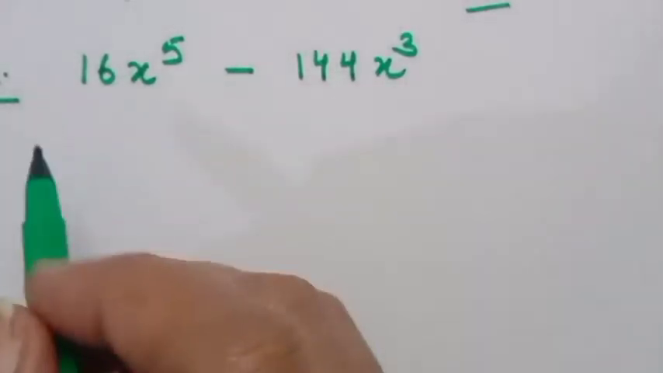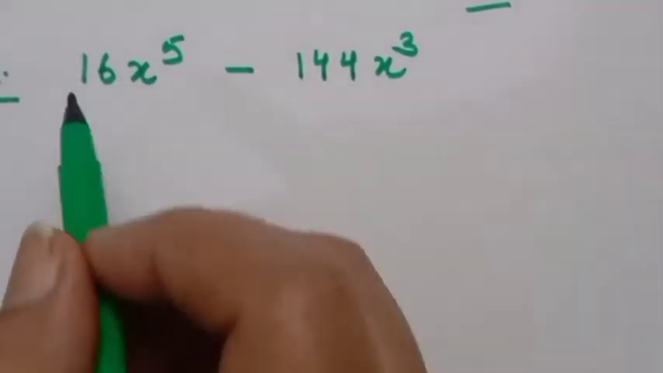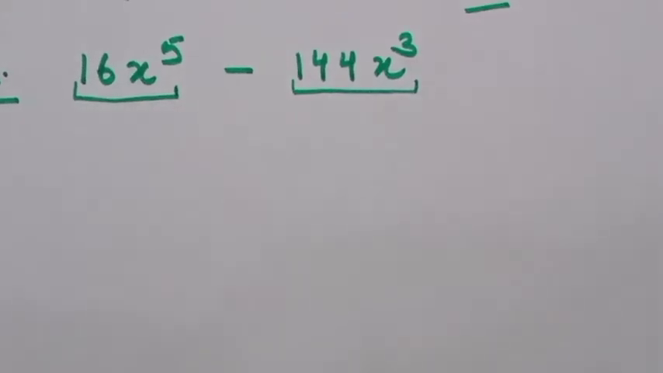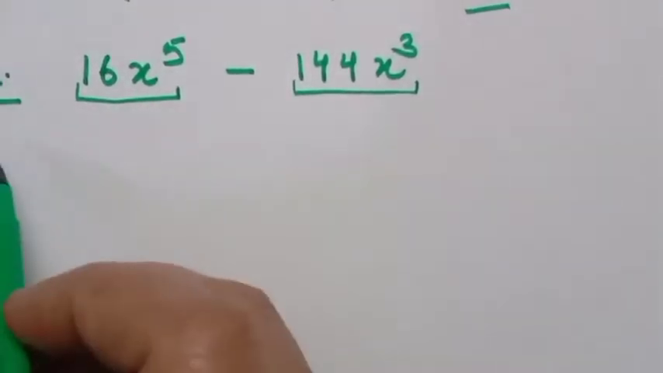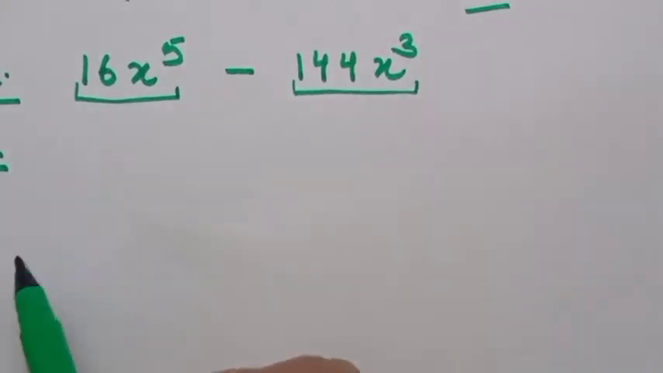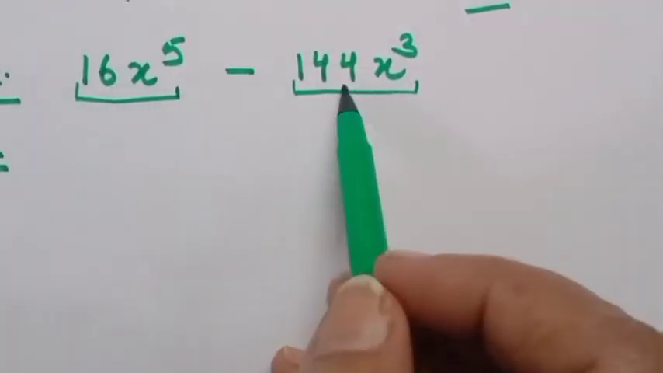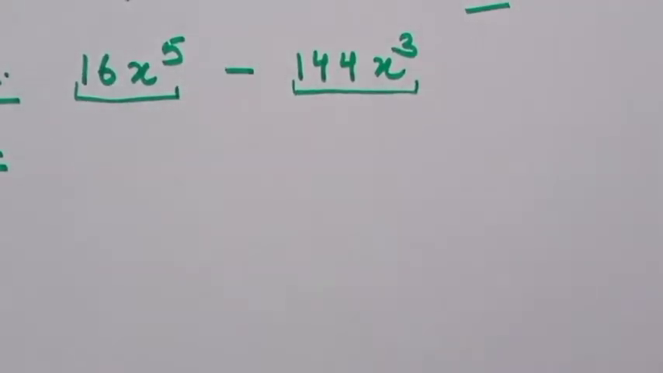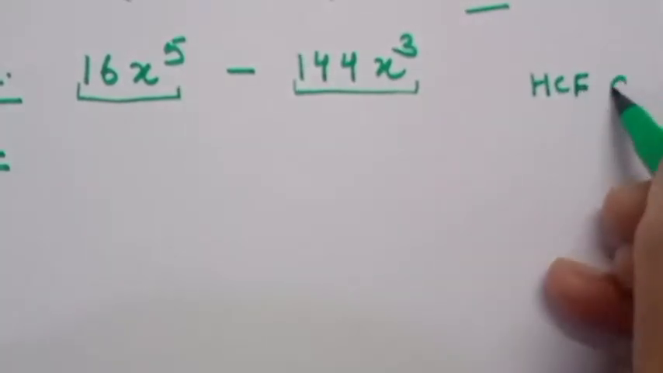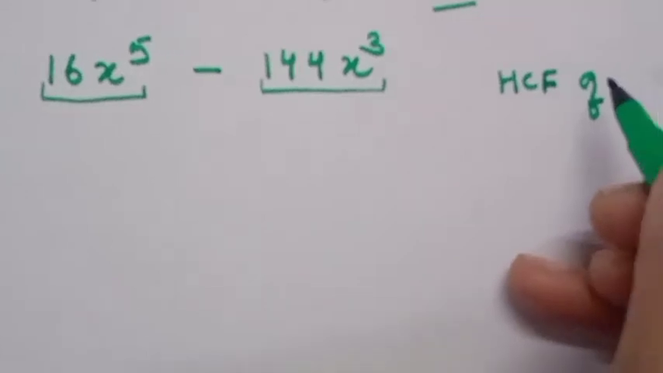In this type of expression, we cannot represent each term as a whole square. Can you write x5 as a whole square? No. Can you write x cube as a whole square? No. So in this type of question, what we are going to do, we will take a few terms common. We'll take the highest common factor out of this. So here it is the HCF of these